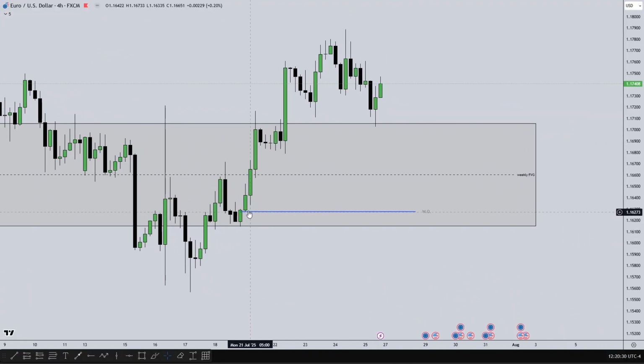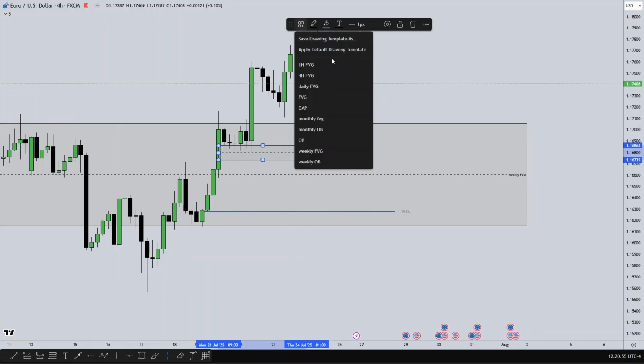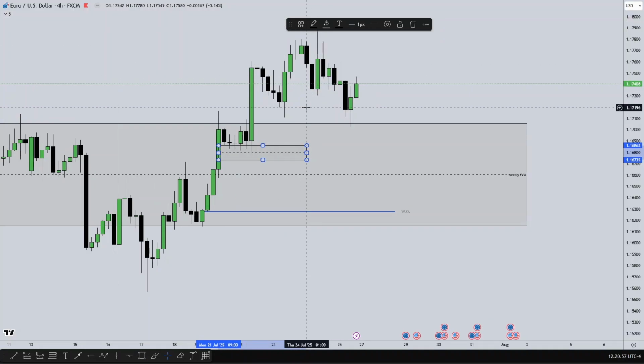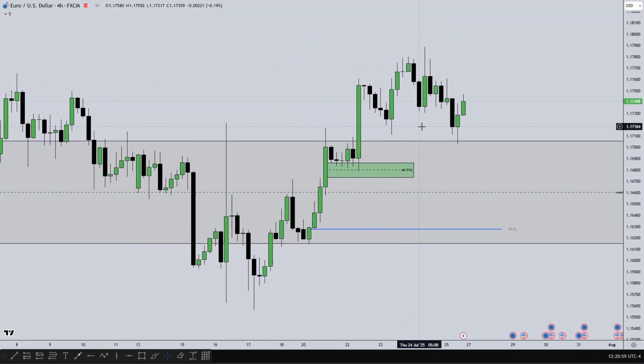Now, normally I would be expecting price to open and trade lower to manipulate price before trading higher. But at the same time, I talked about the trend continuation trend. Whenever price opens on a weekly bias and you see price trade in the direction of your bias and leave a 4 hour fair value gap, you wait for price to retrace to that 4 hour fair value gap, because that's going to be the discount price that price will look at as a support area to trade higher.